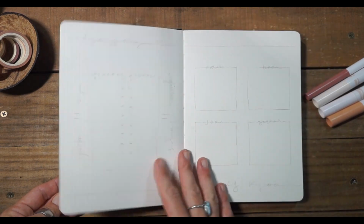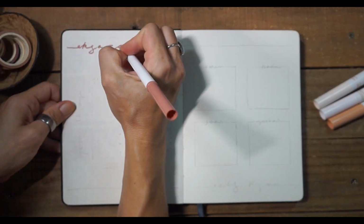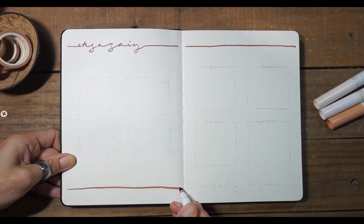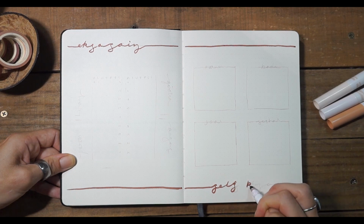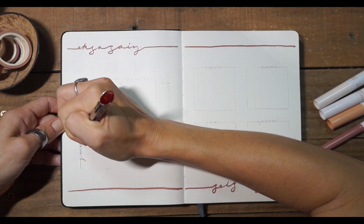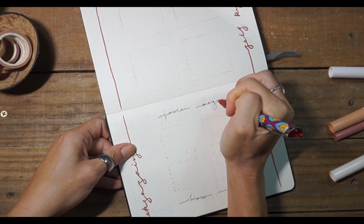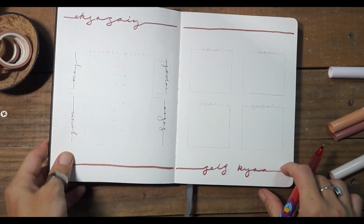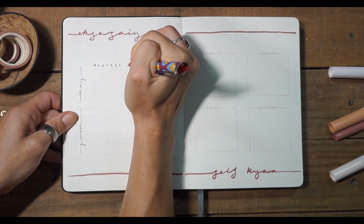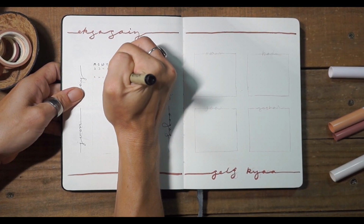So here's my future log, and my next page is my exercise tracker and my self-care tracker. I put that at the beginning of the journal because it's one of the most important things for me that I like to keep focused on. And in my first year setup, you'll see that I kind of did more of a horizontal tracker. I wanted to try to see all of the days line up, but see the whole month in one line. It didn't quite work how I wanted, so I'm trying this one out where it's vertical,